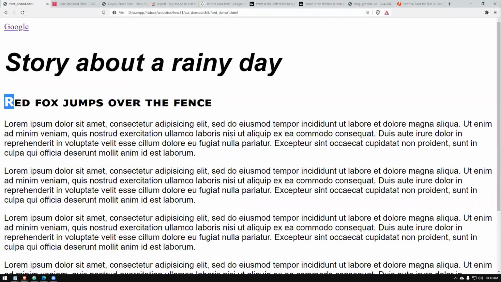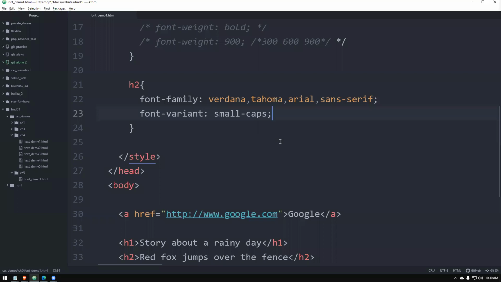So it looks nice on headings. Don't use entire text in total capital letters. It's difficult for the eyes to read. Only for headings or in a place where you want more attention to be drawn, you can make use of total capital text like that.